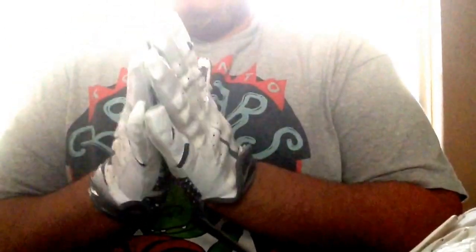And one thing, they do say they have magnet grip. If you listen, you could possibly hear a little bit of stickiness. It's not as sticky right off the bat as some of my Under Armour gloves that I have had in the past. Like those, I could put in the washer and fling them around and they still wouldn't come off. So this is one thing where it scared me at first, but then I realized these are a